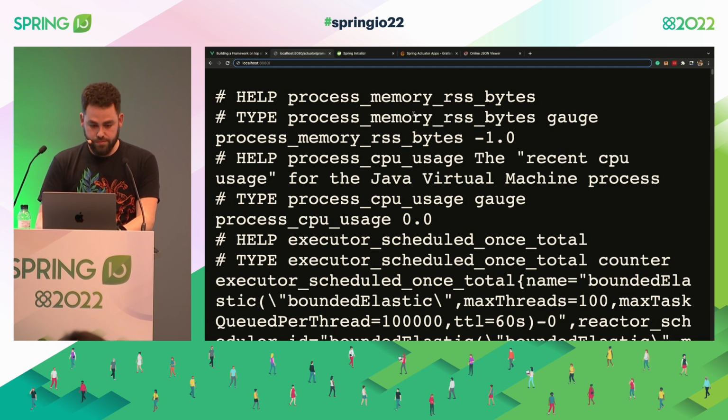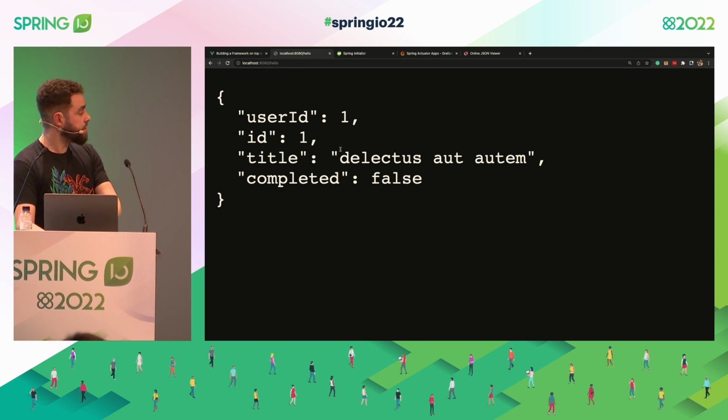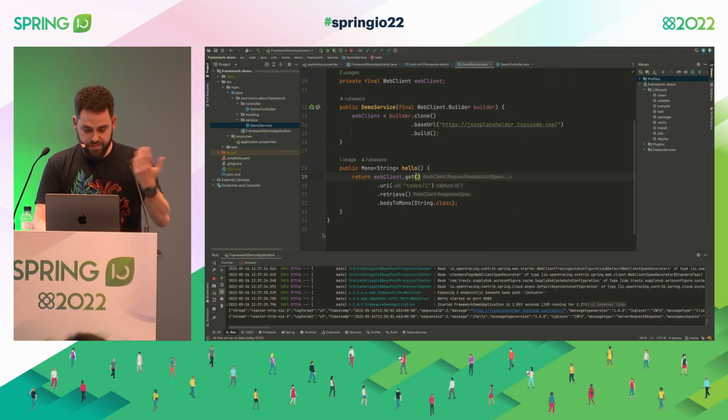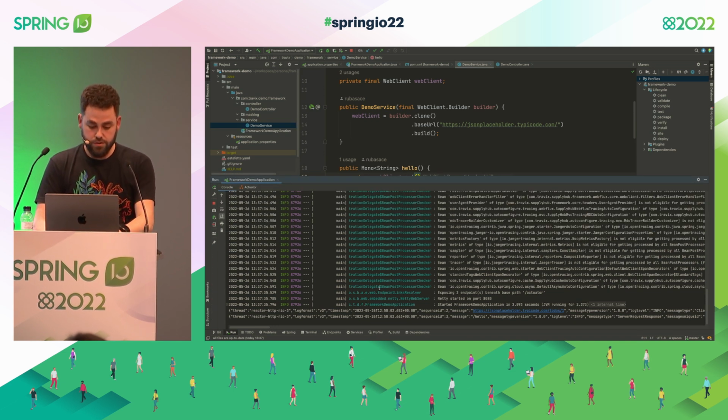So when I come to hello, I can see that automatically I got it, right? Now what happened? One of the things I said happening apart from all the actuator stuff is logging. So I can see here, for example, I'm logging, let's go directly to the request.